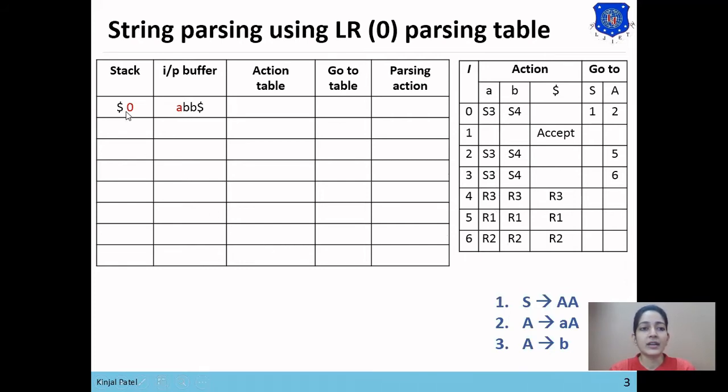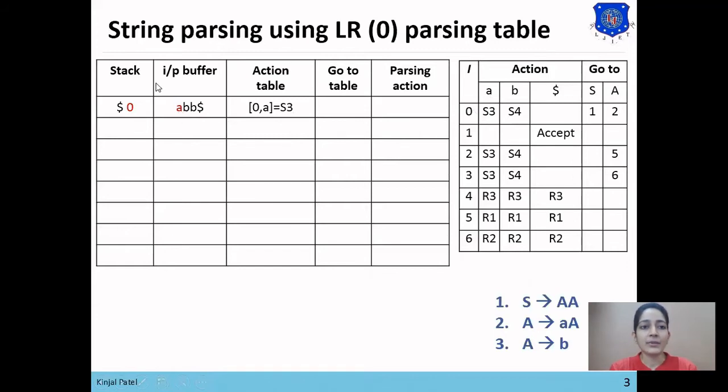So for that, we'll check the top symbol of the stack and the top symbol of the input buffer. There is the symbol 0 on top of the stack and the symbol A in the input buffer. So we'll check for the entry from 0 on A in our parsing table. From 0 on A, there is the entry S3, so a shift action will be performed. 0 on A equals S3.